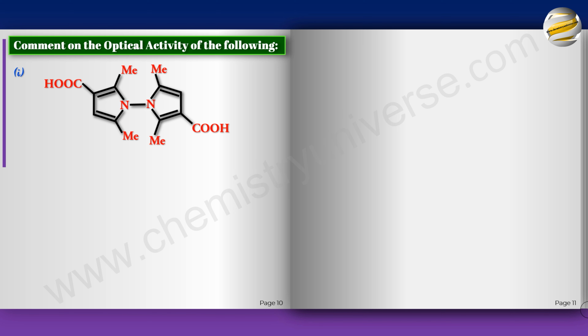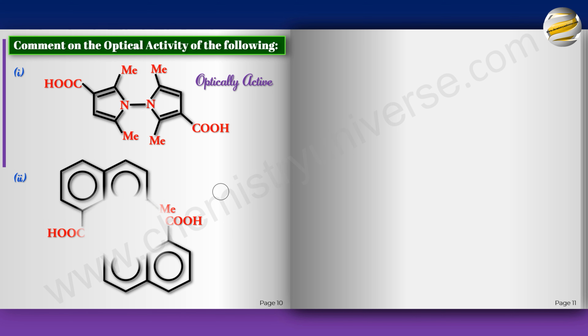Well, if you just saw the biphenyls right now, this is similar to that. Because of the two ortho groups, it will go out of plane. Now when it goes out of plane, remember this would be the vertical plane, let's say, and this will be the horizontal plane. So if I cut it through the vertical plane, everything will get cut into half. But when I cut through this, even though these two are different, this guy is going to differentiate. So when the cut goes through here, you have a COH and you have an H here. It doesn't work. If you had a COH here, then this would have been the plane of symmetry. So right now it is optically active, no plane of symmetry.